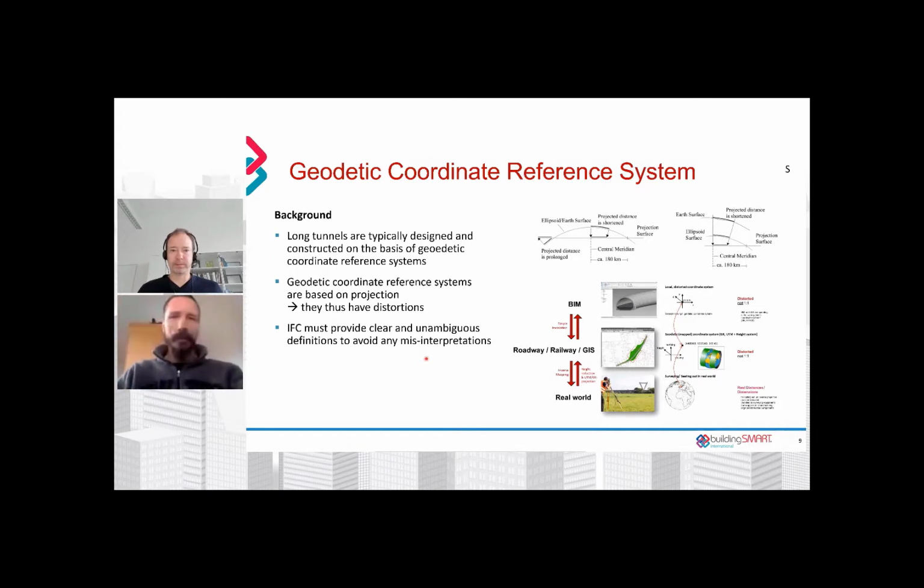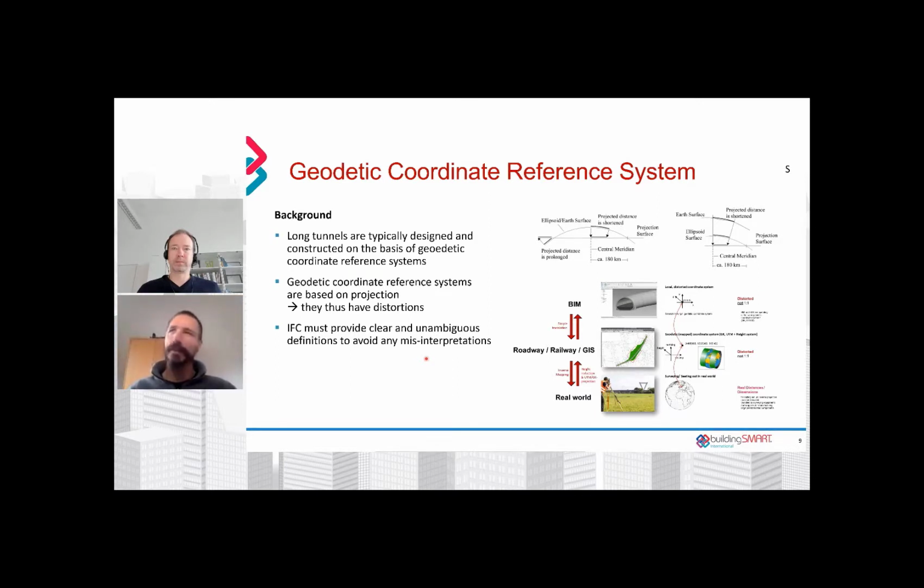So my name is Sergej Muhič. I will be presenting a couple of these technical discussions, parts of our ongoing work. One of them being the geodetic, or let's say the georeferencing part. We have engaged quite a few experts on this. We're quite proud that we also have some experts from the